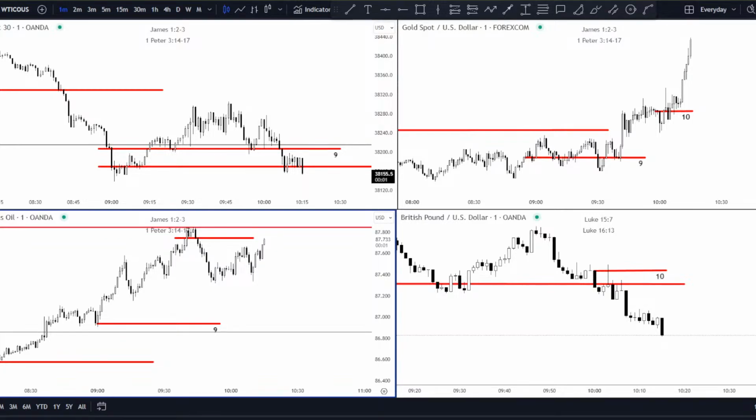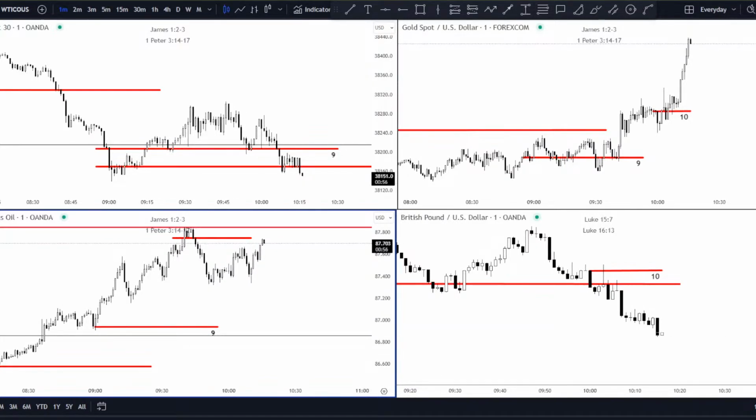Okay, look at US 30. What just happened? Are they leading people into the low? Or is this about to go bonkers to the downside? Not that I'm going to take the short by any means, but